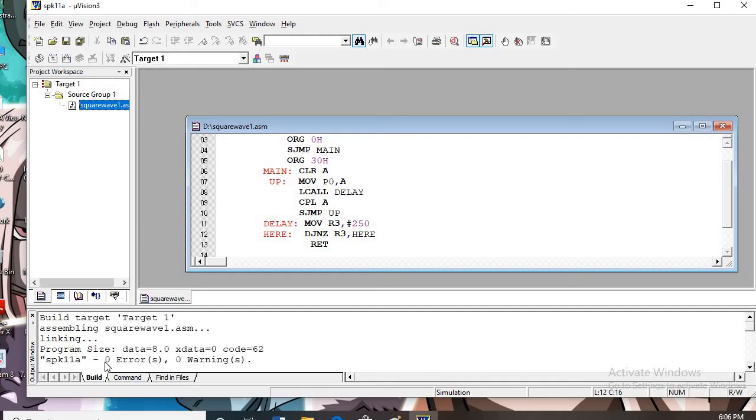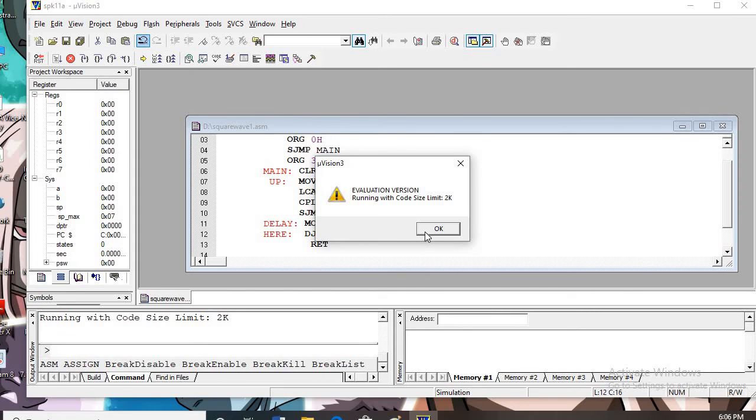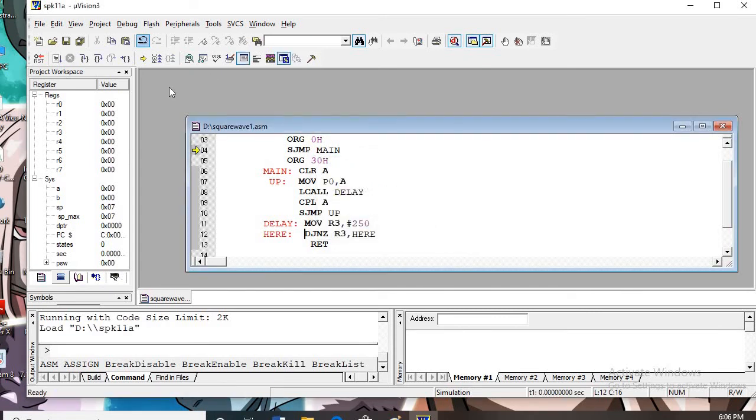If there is no error, no warning, it will show in this window. Otherwise, it will show 0 error, 0 warning. Now we will have to start debugging. This debug. This is okay. Now we want, this is going to do like this. Here you can see R3 register and the counter and all, and it will go on to 250 times. Okay, and then only it will come back. So in few seconds it will work. I have not measured it or not calculated it exactly.